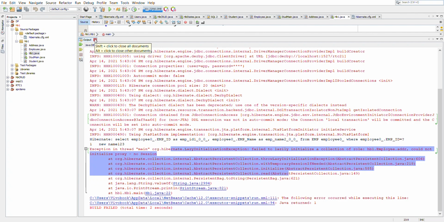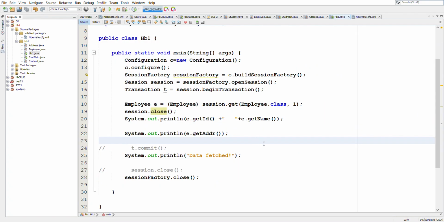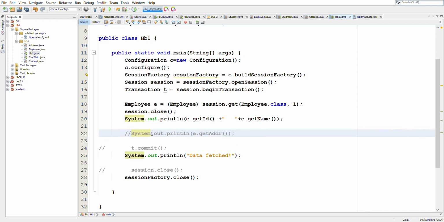This is called lazy fetch, and Hibernate by default uses lazy initialization or lazy fetching to optimize, so that if the code does not call the get address method, then Hibernate will not unnecessarily fetch it. This is the default behavior of Hibernate.